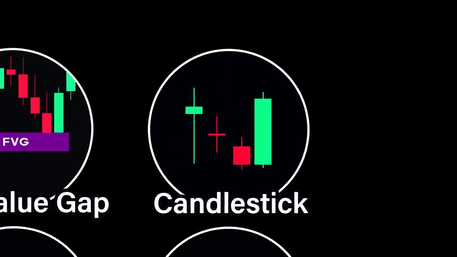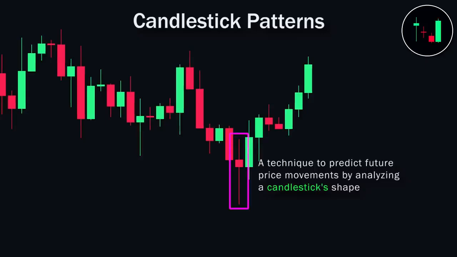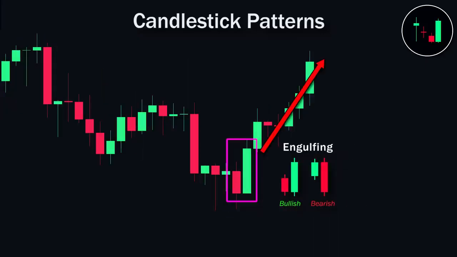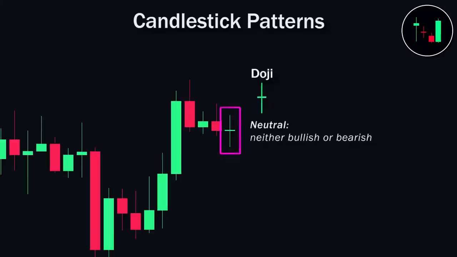Candlestick patterns. It is a technique that traders use to analyze future price movements by looking at specific candlestick shapes. Notable candlestick patterns include engulfing patterns, which signals strong momentum towards the direction of the engulfing candle, hammer and shooting star patterns, which indicates rejection as shown by the long wick on one side, doji patterns, which signals neutrality in